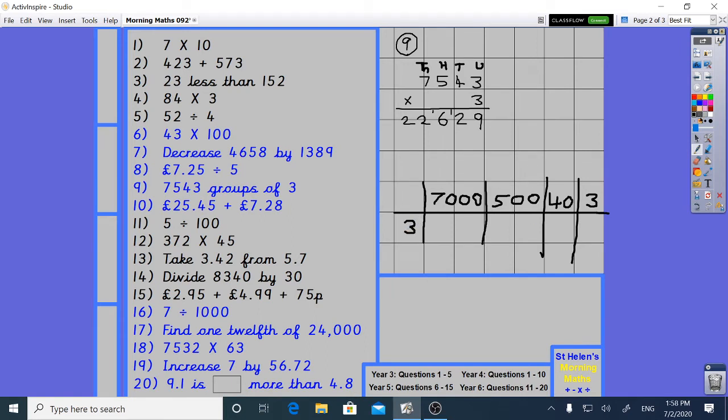Okay. Let's do the answers in blue. 3 times 7 is 21. Place the 3 zeros. 1, 2, 3. In this box is 3 times 5, which is 15. Place the 2 zeros. Any zeros in the question, just place at the end. 3 times 4 is 12. Place a 0. And 3 times 3 is 9. We have 4 answers. When I add these 4 blue answers up in column method, it should equal the same